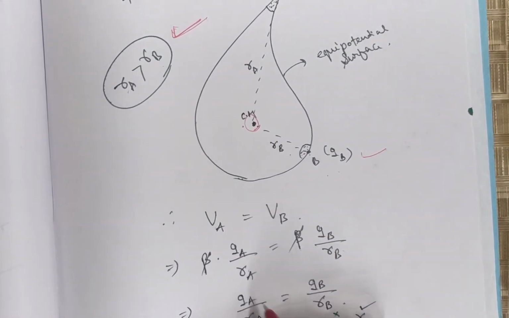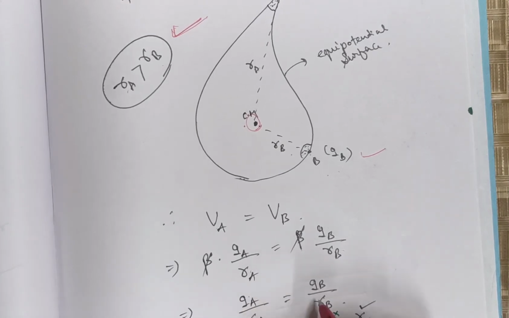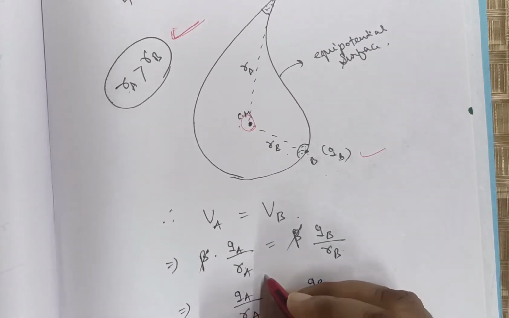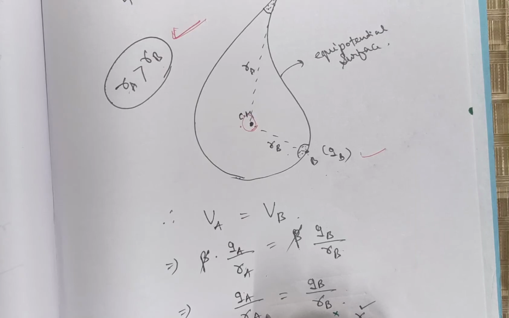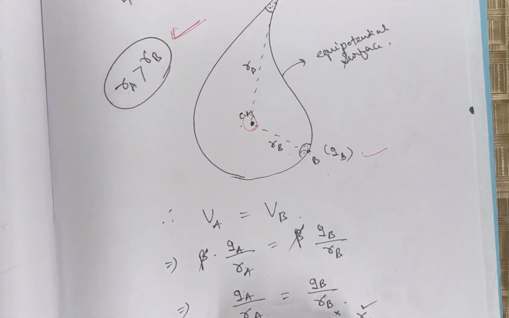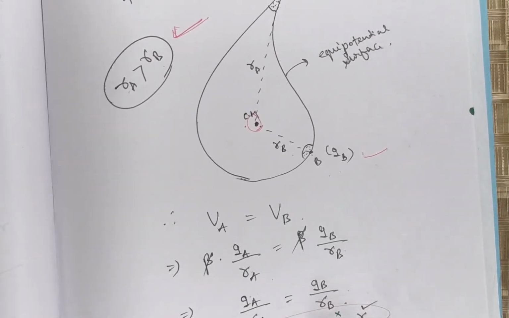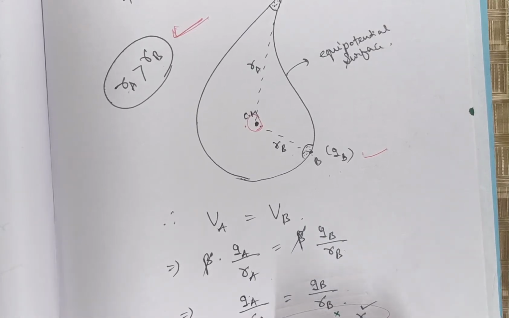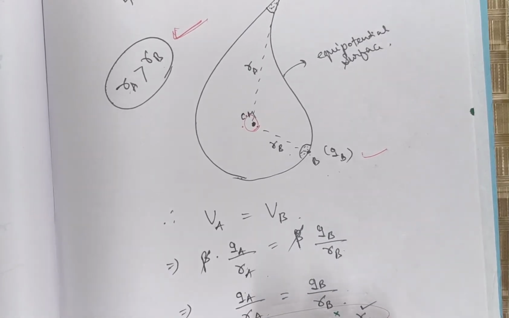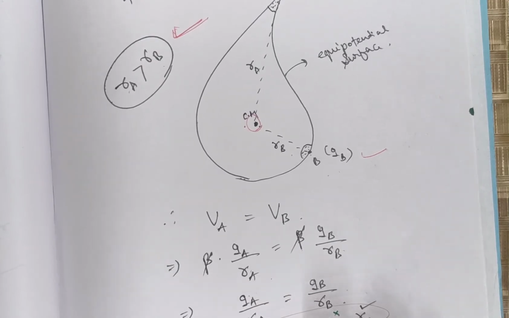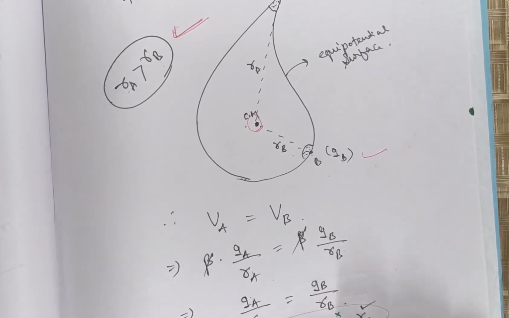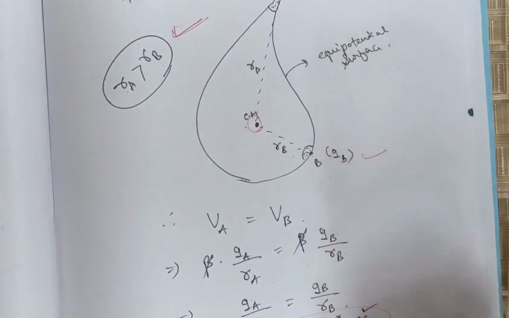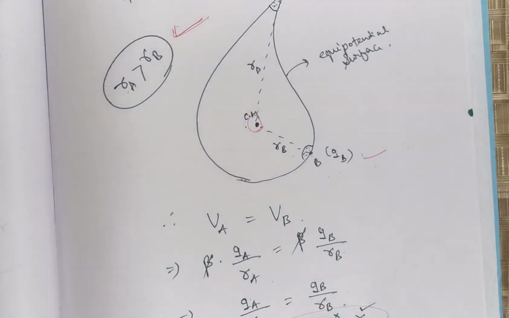That means the ratio of the amount of charge and position vector is a constant quantity. If charge increases, then position vector increases. Or you can explain it in this way also: multiply both the terms, the product of the two quantities is the same. If RA is greater than RB, definitely QA is greater than QB. That's why the product remains constant. So as RA is greater than RB, QA is greater than QB.